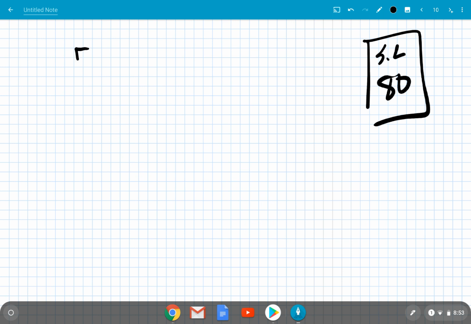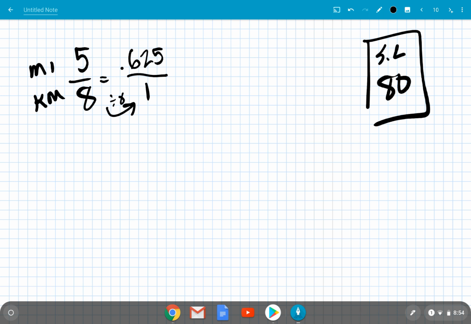So if we know we can go 5 miles for every 8 kilometers, I'm going to write labels on everything. I know that means that I can go 0.625 miles for every 1 kilometer. I know that because that term got divided by 8 and that term got divided by 8. So knowing that, if I've got the 1 now, it makes my life easy because I can just go and say, okay,